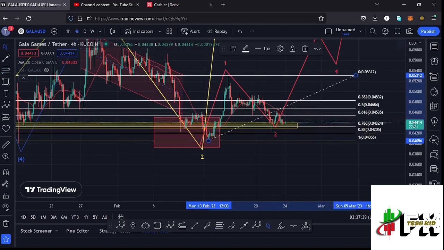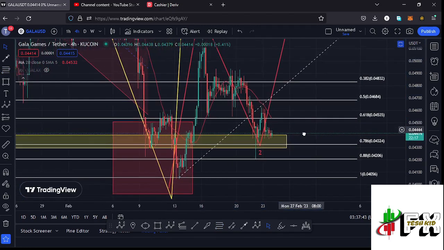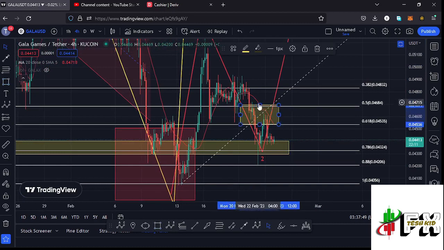That gave me a minimum retracement area in the formation of that wave 2 between the fib level 0.5 and the fib level 0.618, and I can mark that target area here on the charts like that, and you can see we fully maximized it. And after fully maximizing that target area, you can see at some point we lost the fib level 0.618, which gave us a retracement back to the fib level 0.78, which is at around the